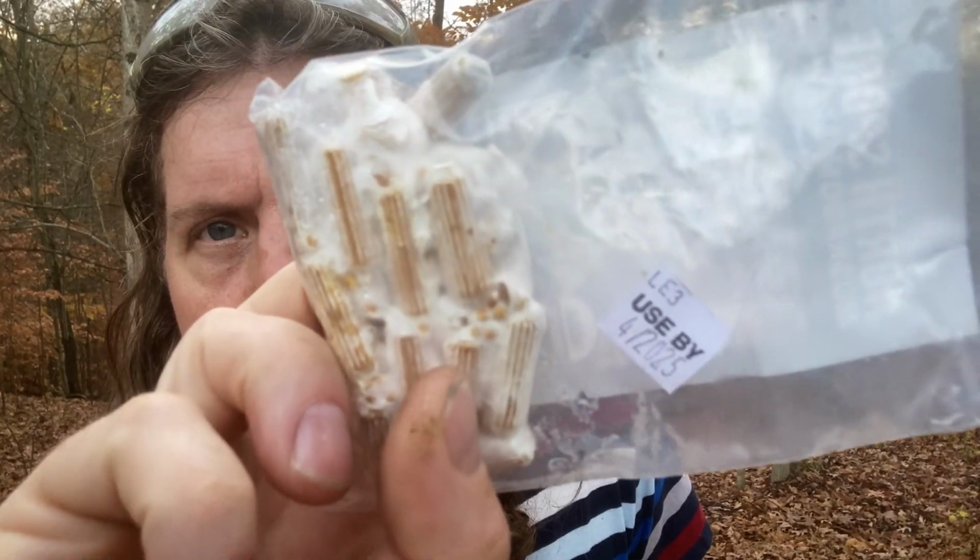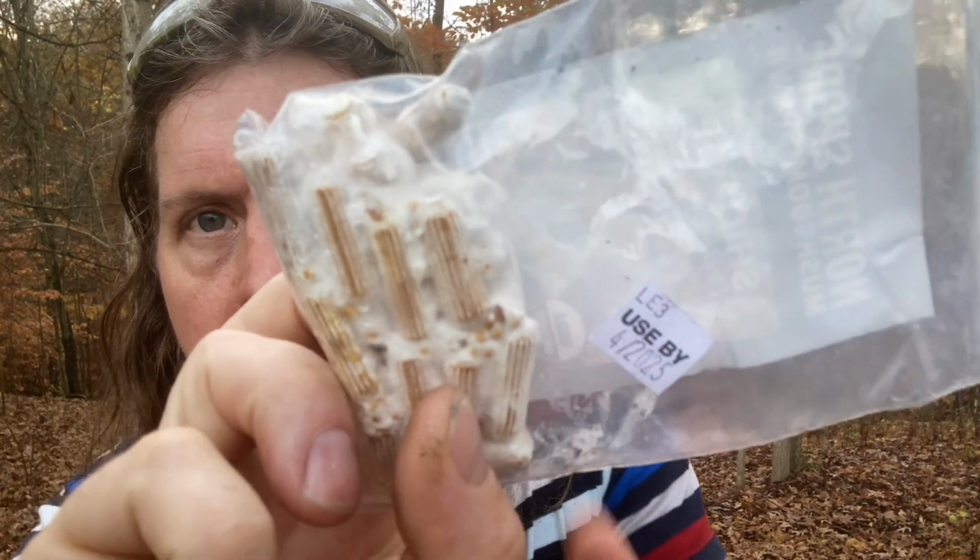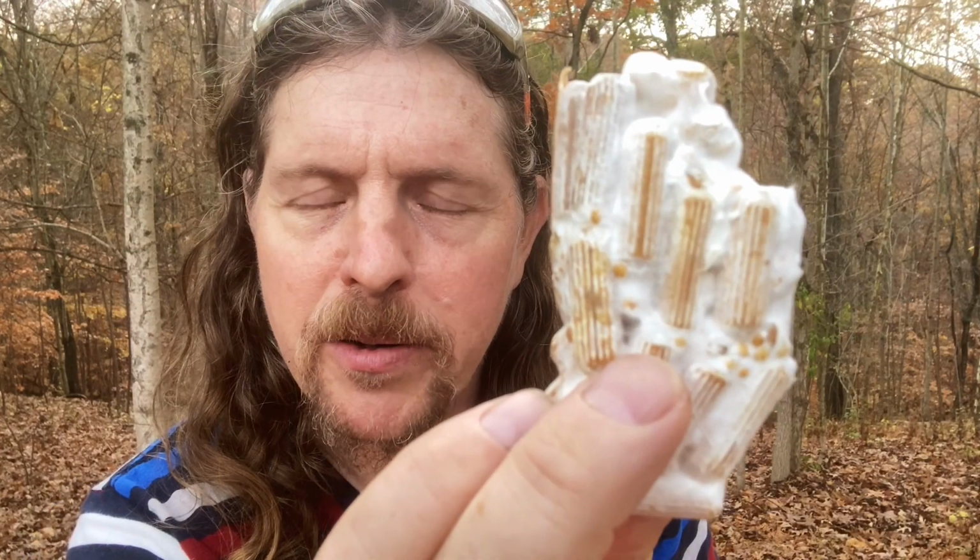The next thing you're gonna need is your mycelial plug spawn. These little 1 inch by 1/4 inch dowels. So that's what we're gonna be hammering into our logs. You order these online. The two biggest companies are North Spore and